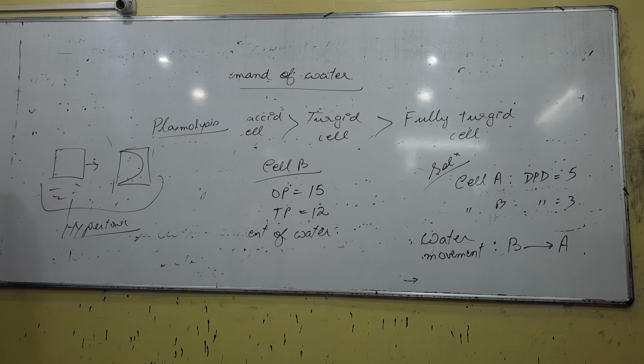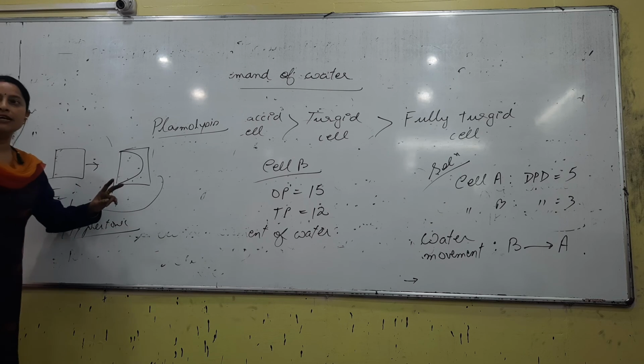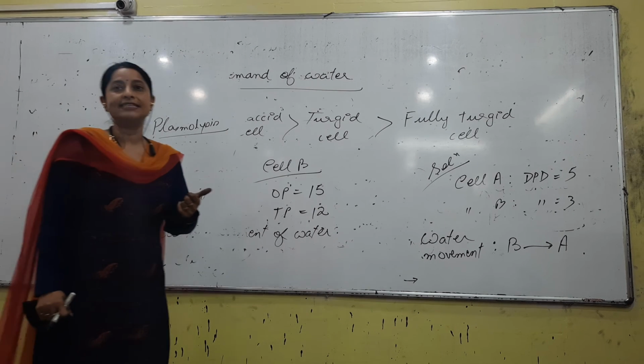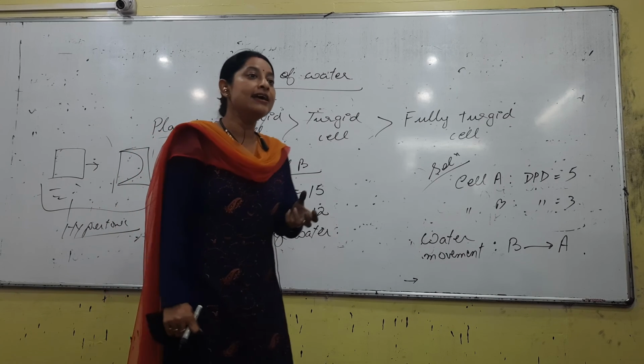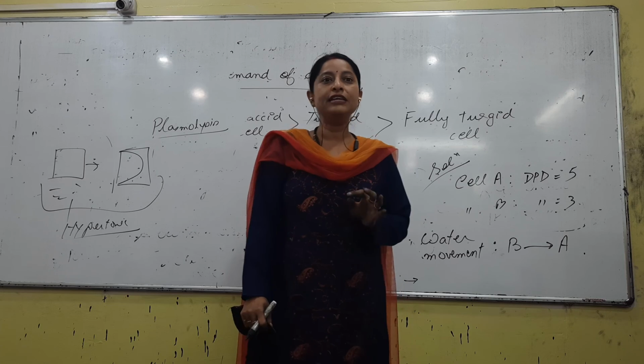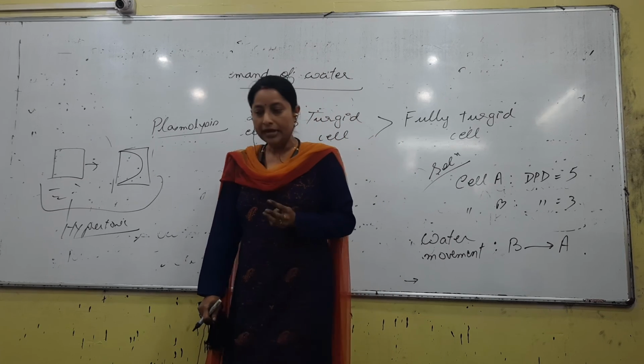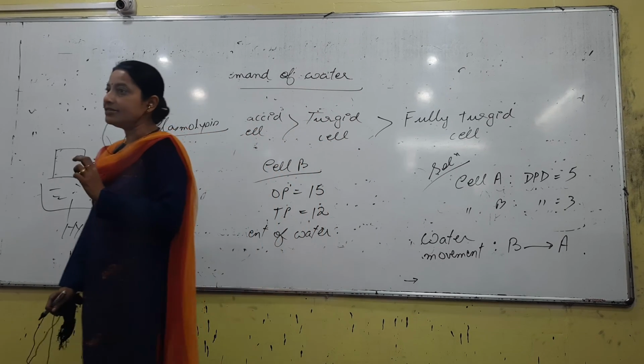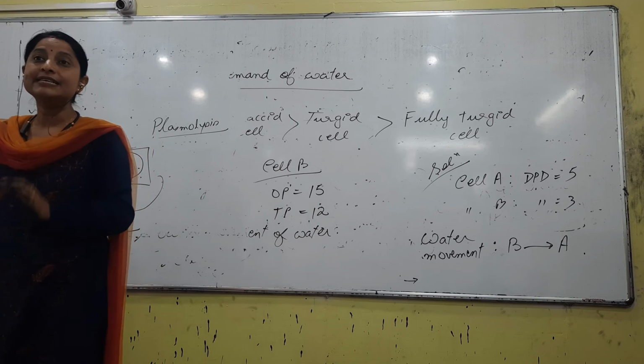hypertonic, right, a hypertonic solution. Second point: plasmolysis is a chief characteristic of a living cell. If a cell is living or dead, how will we prove it? If it is living, it will undergo plasmolysis. Every living cell undergoes plasmolysis. Third point: there are two types of plasmolysis, incipient plasmolysis